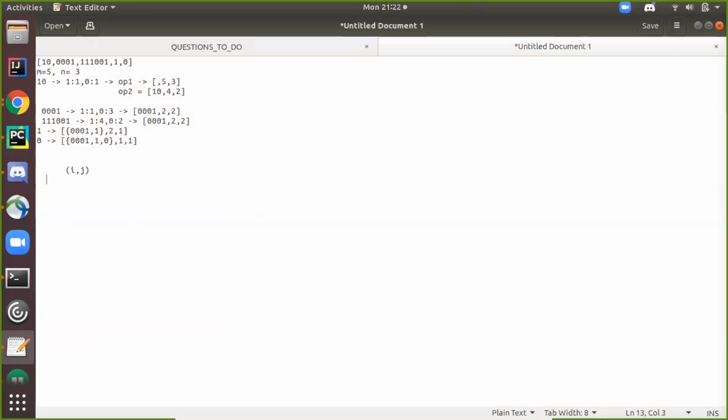I can go to i comma m comma n. I can do it like this, i plus 1 comma m comma n, and the next would be say i plus 1 comma. I think let's take an example, that would clear it more.